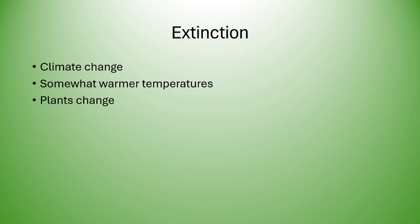And so the extinction of Yangchuanosaurus was mostly due to climate change. There would have been somewhat warmer temperatures around 157 million years ago, that would have caused some problems for many of the animals in that type of ecosystem. And of course, the plants changed, and so there would have been plenty of different types of herbivores that would have come in and been able to eat those plants,